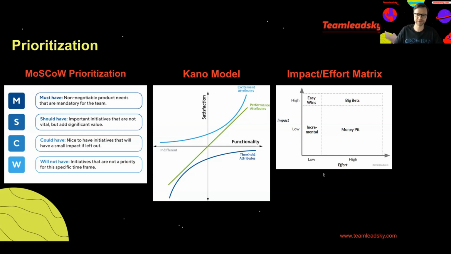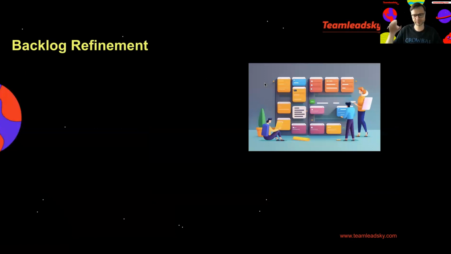So the impact that we have here in this matrix, of course you can calculate the expected reach. There are other frameworks for that, but don't try to be very precise in this. These are all just mind tools that help you in your decision making, and they don't have to prevent you from moving fast. So talking about the refinement,